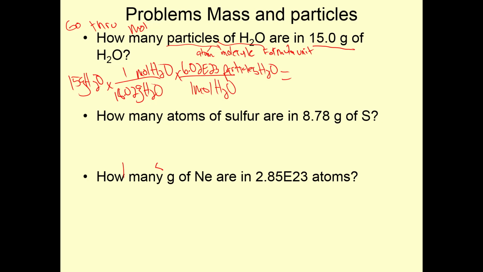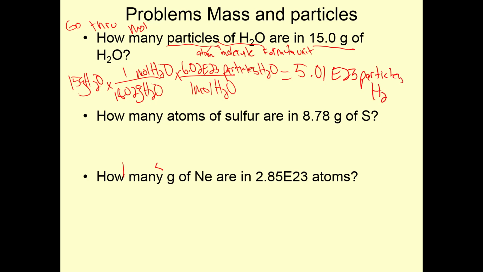15 divided by 18.02 times, how do I do that in my calculator? 6.02 E, hit the second button, hit the comma button, which is right above the 7, 23. And we've done that before. 5.01 E23 particles